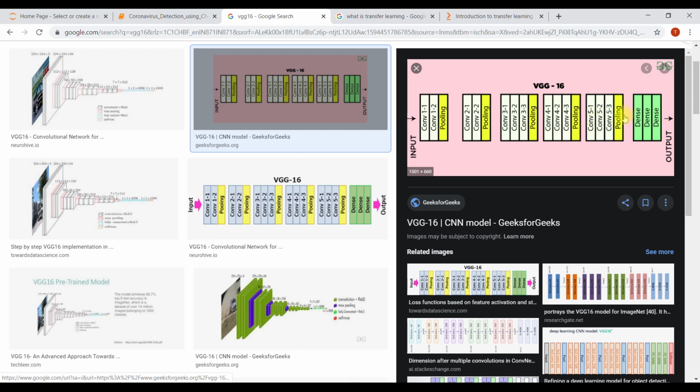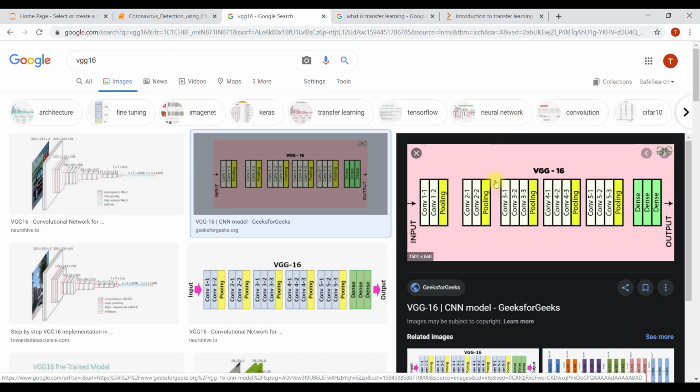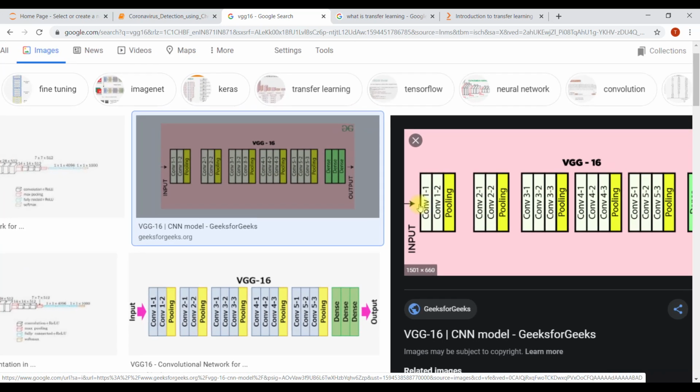Okay, see, VGG is very simple. VGG16 is a very simple CNN architecture. It is having Convo 1, and see the first block of Convo 1 layer, the 1 and 2, this is the first block.